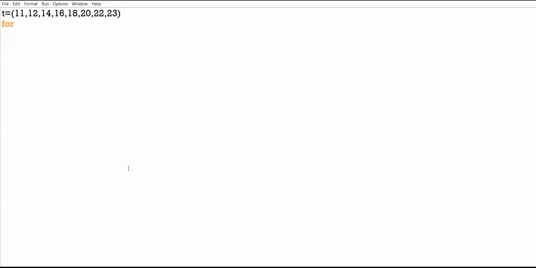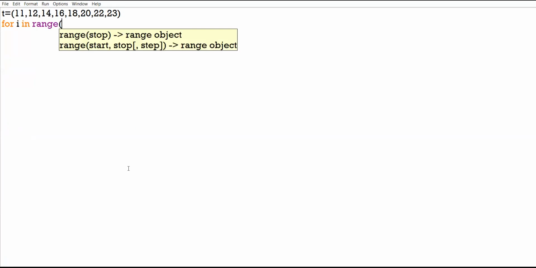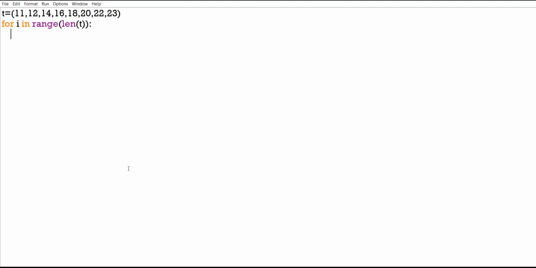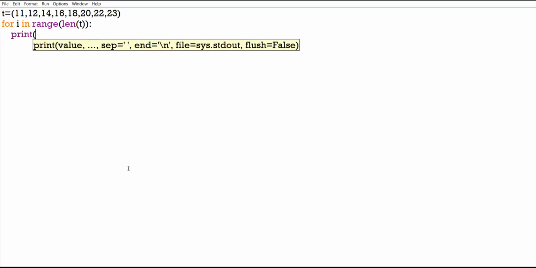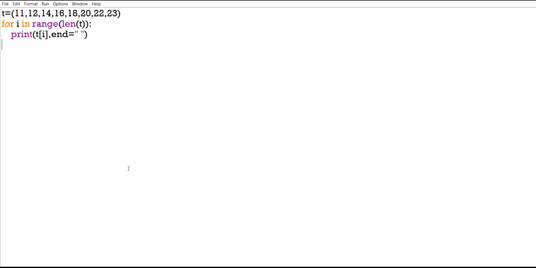And I take the for loop for i in range, length of tuple, and print t of i. The simple program to print the elements of a tuple.